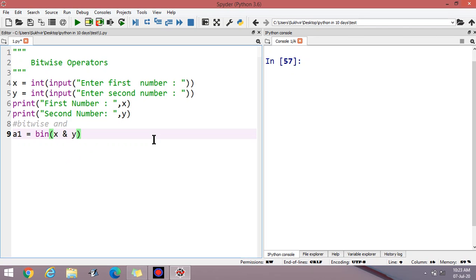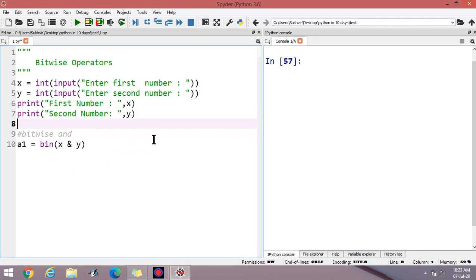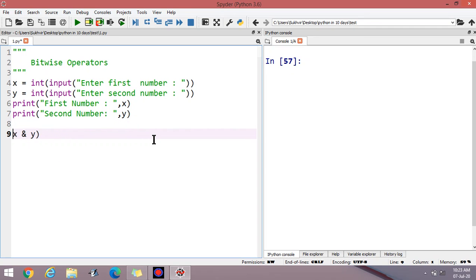Before I start writing this content, print the numbers in binary format so that you can understand bitwise operators well.